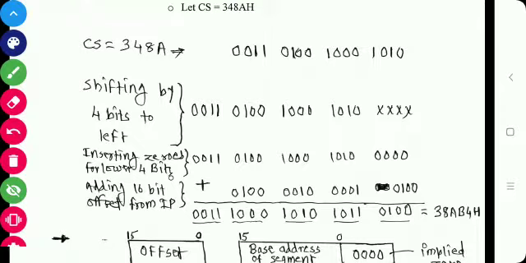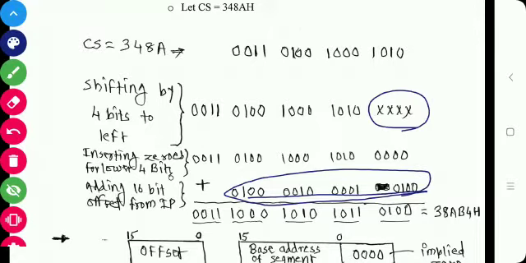Now the first step is to shift the contents of this segment register by 4 bit positions, insert 0, and then add the contents of the pointer register into it. So this is 348A, and these are the zeros inserted, and this is 4214.